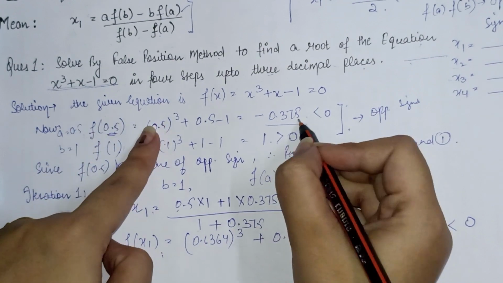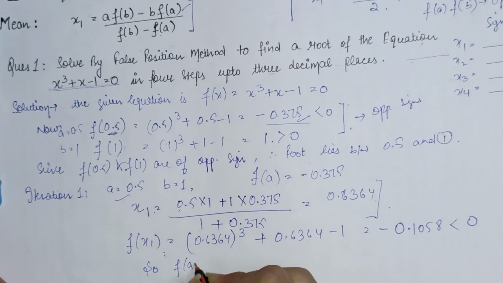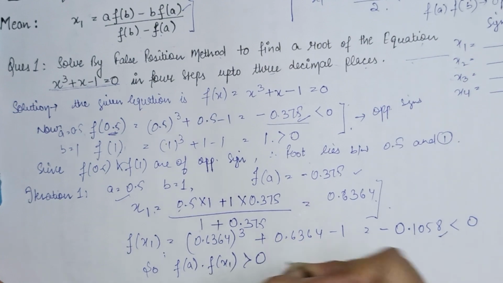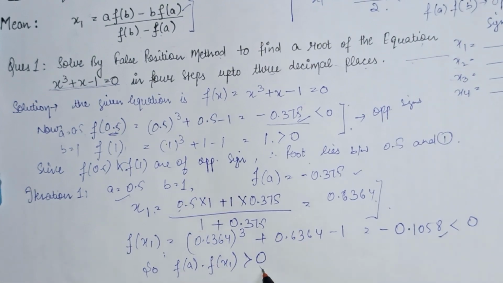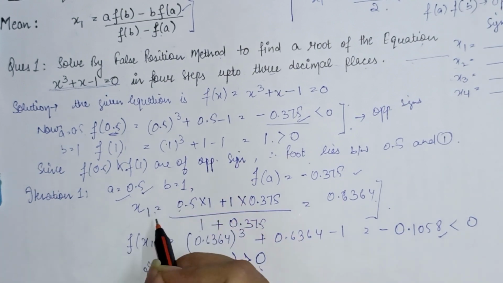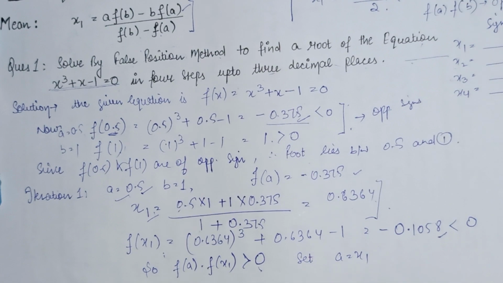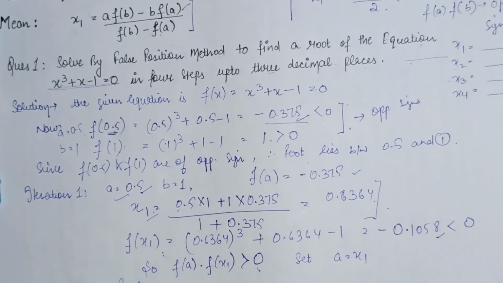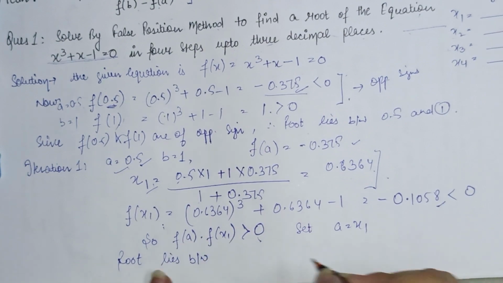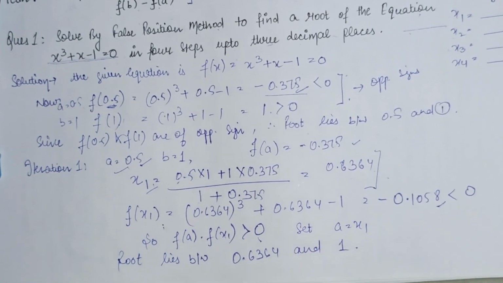हमारे पास है 0.375. So f of a into f of x1, minus minus is plus, which is greater than 0. अगर ये दोनों फंक्शन ग्रेटर देन 0 होते हैं तो हम रिप्लेस करते हैं a को एज x1, मतलब a को हम रिप्लेस करेंगे x1। सो सेट a इज इक्वल टू x1, सो रूट lies between 0.6364 and 1।